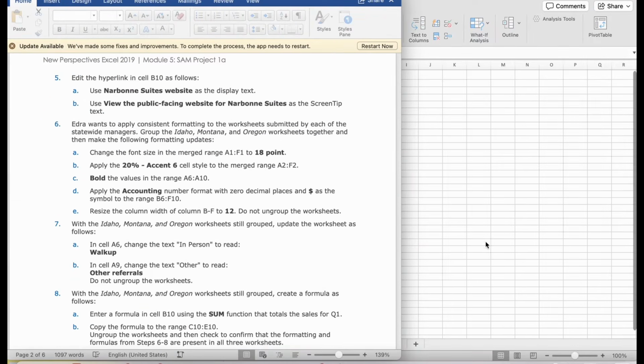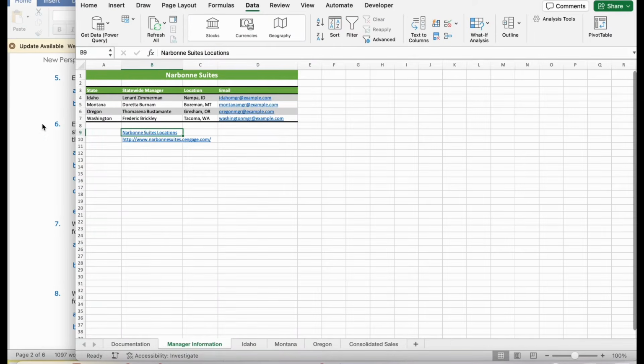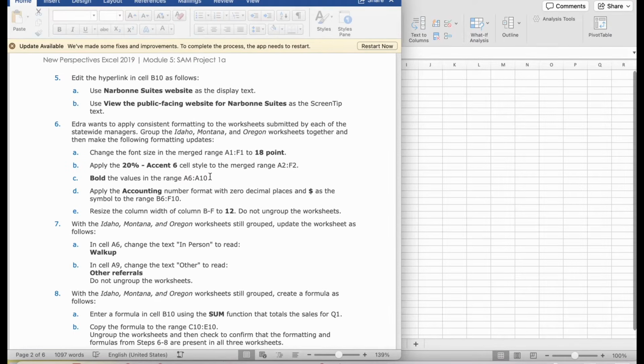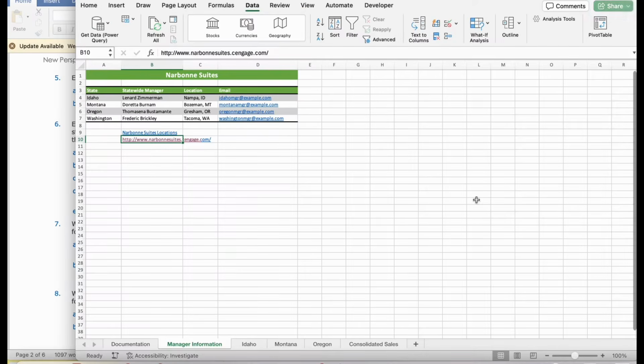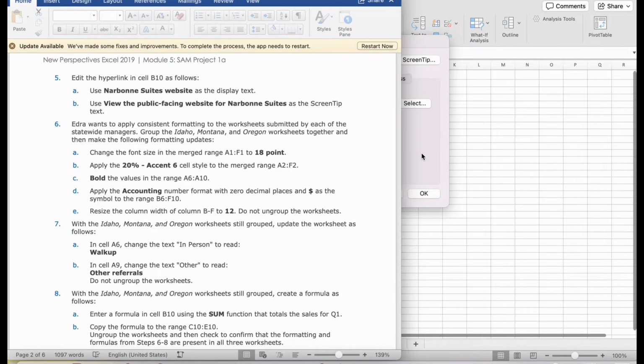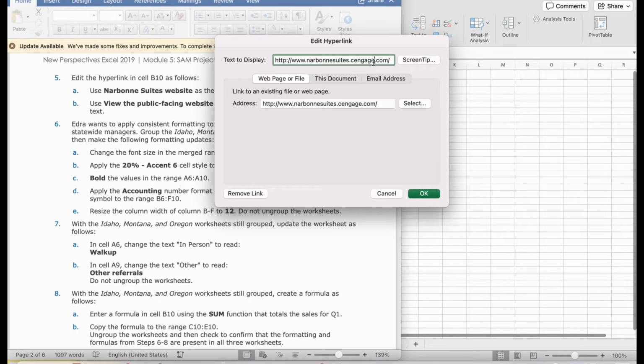Then it says, edit the hyperlink in cell B10 as follows. A. We're first going to go to B10, which is right here. Okay. So then we're going to use Narbonne Suite's website as the display text. First, we're going to right click, edit hyperlink, and we're going to change the display name to